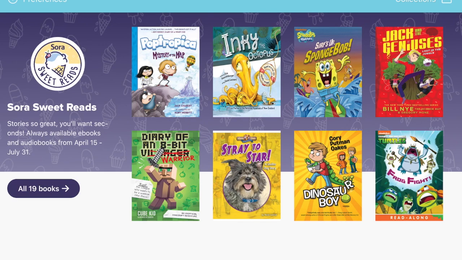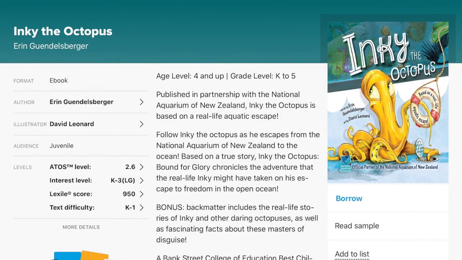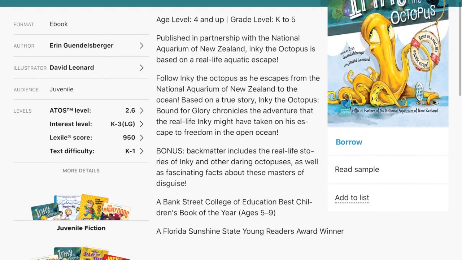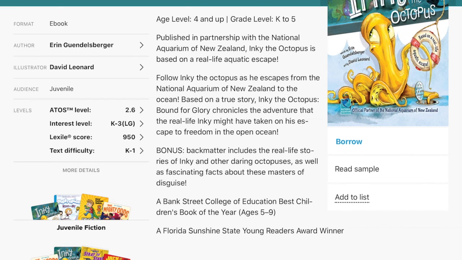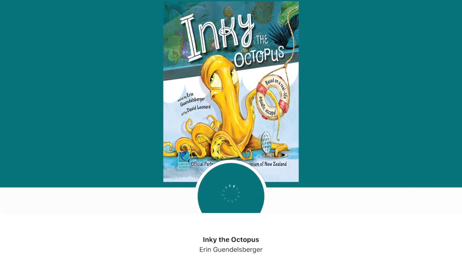Let's take a look at Inky the Octopus really quickly. You touch the book that you're interested in to find out more about it. If you look under the cover, you see it says borrow, read sample, and add to list. The main thing I want you to do always before you check out a book or borrow a book is to read the sample. So if you touch read sample,